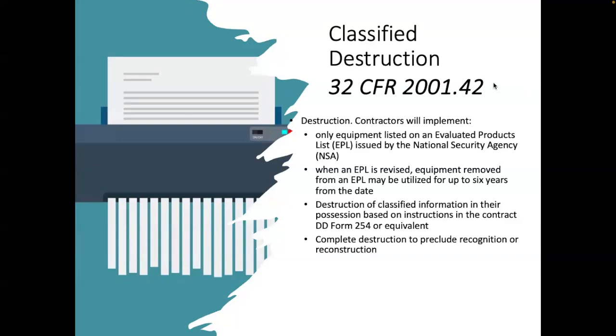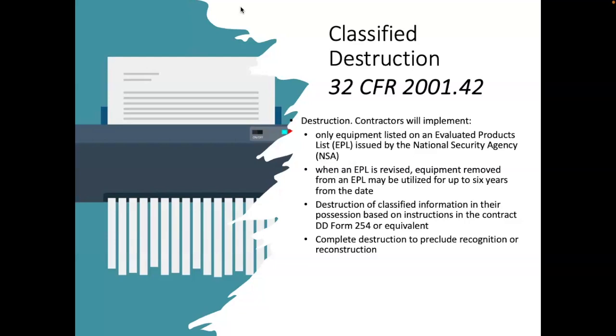So concerning disposition of classified information, we're going to talk about classified destruction. And again, this destruction comes from another CFR. This is 32 CFR 2001.42. And though it's a segue out of NISPOM, it is part of NISPOM requirements. While this comes from a NISPOM topic, we have to go to another CFR. Again, NISPOM is 32 CFR Part 117. We're going to 32 CFR 2001.42.